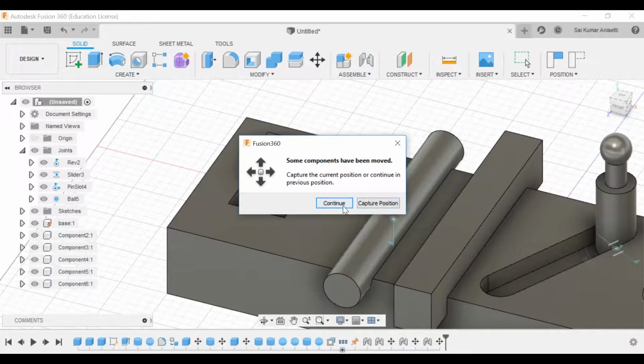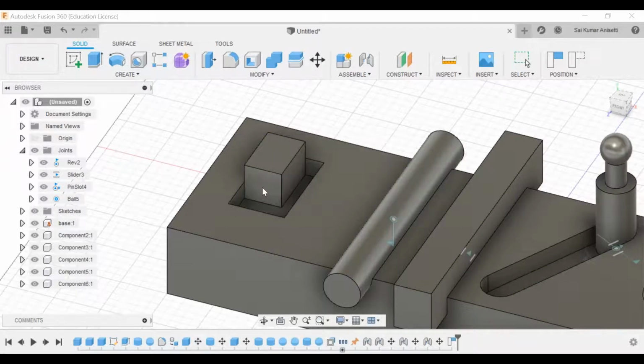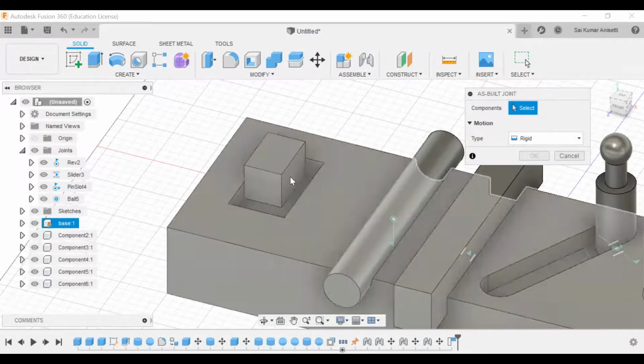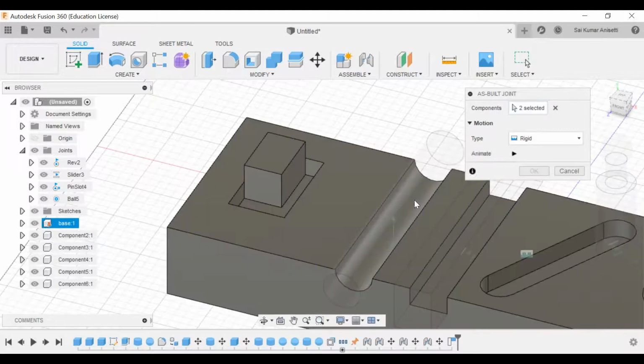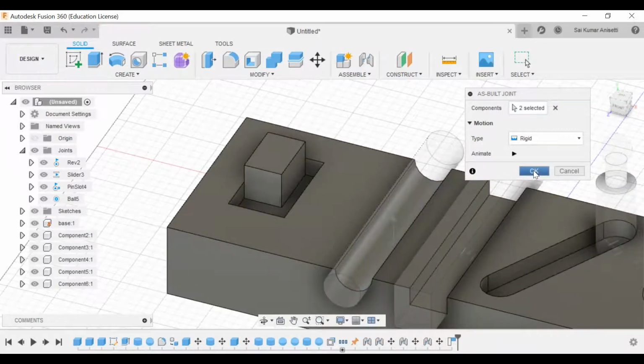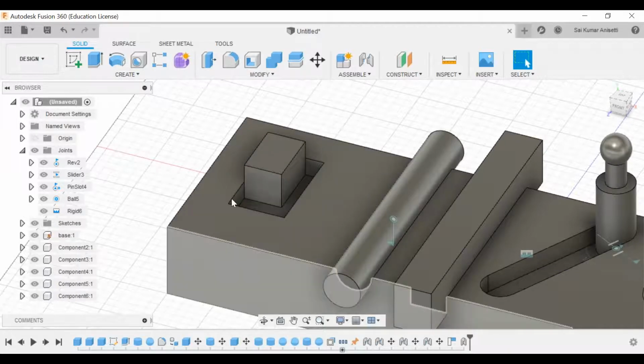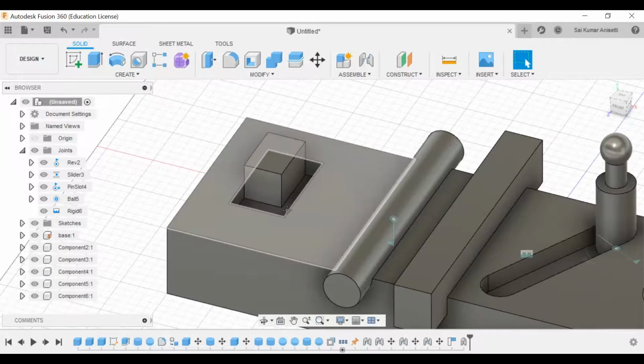It will ask to clear current position or continue. Capture my current position, where it is now. Click rigid, click this first component, click the second component. It will create a rigid body which does not have any base component or anything. It blindly makes these two components rigid.